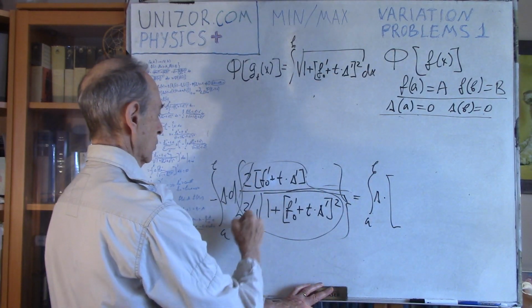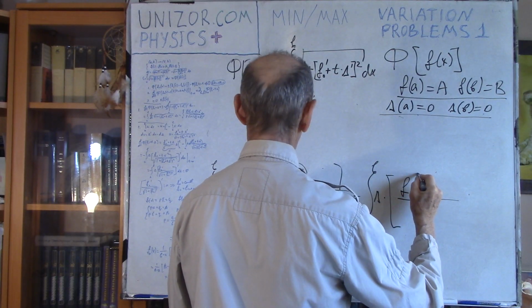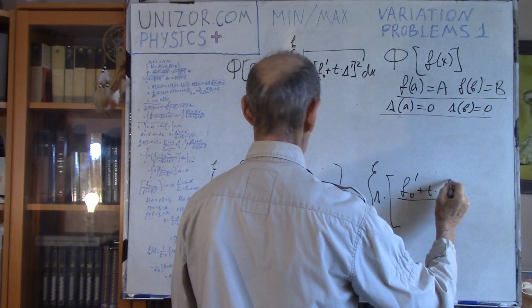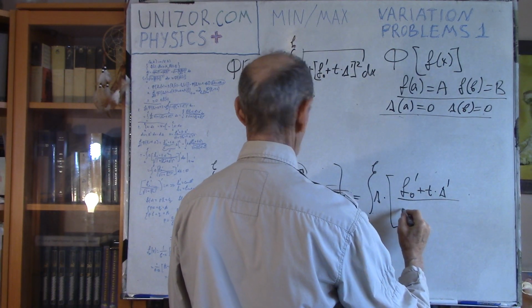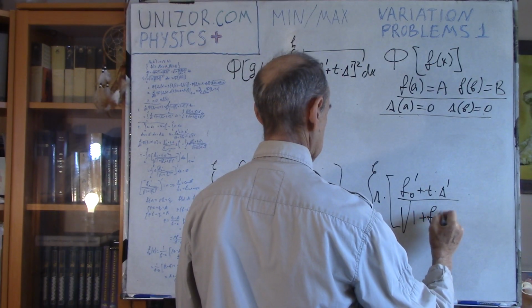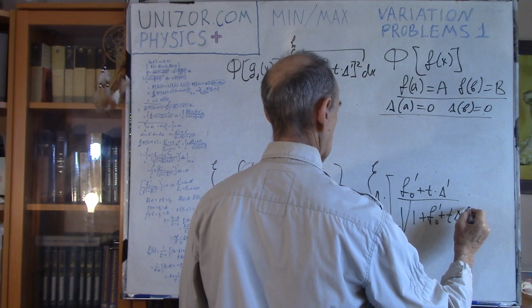Now, by the way, 2 can be cancelled. It would be (f0 prime plus t delta prime) divided by the square root of 1 plus (f0 prime plus t delta prime)